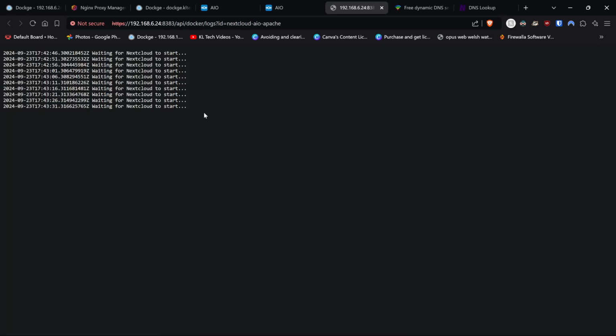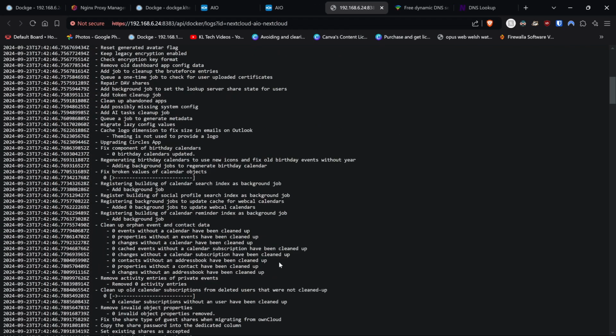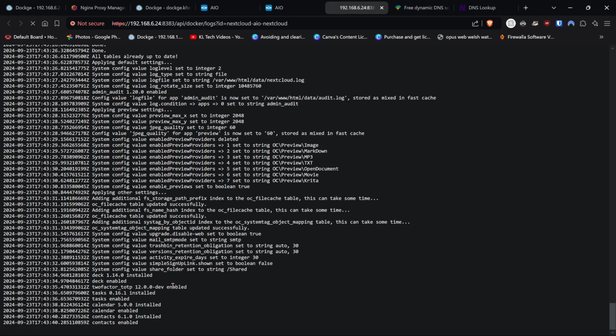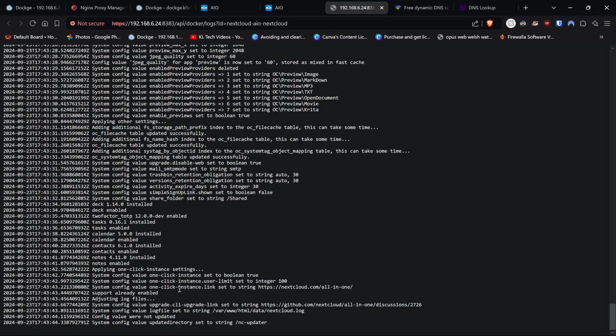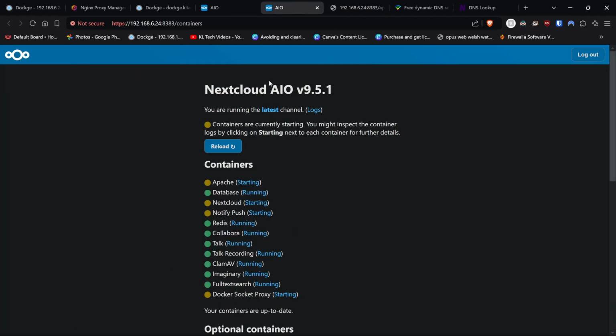So again, Apache, as you can see, is waiting for Nextcloud to start. And if we click on Nextcloud starting, there you go, tasks enabled. You can see it's running through the mill. F5, calendar, contacts, F5. It's just doing its thing. So we just need to give it a few minutes. You could just literally wait on this screen, and every minute or two, just click reload, and hopefully we'll start